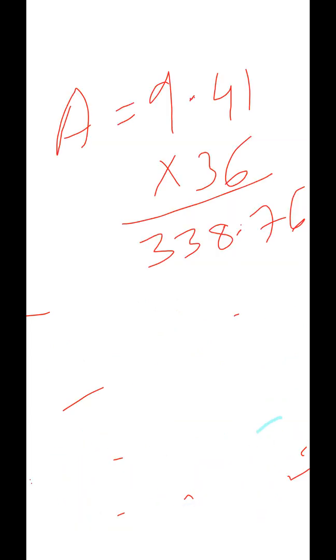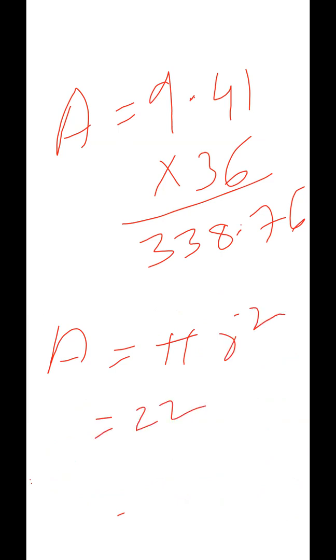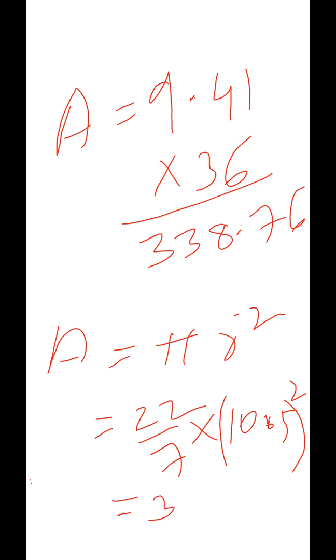Now find the area of the circle by the normal formula, that is pi r square. Area is pi r square. So pi is 22 upon 7, into radius 10.5 square. Now try to do it like this, and yes, it is coming to 346.5 centimeter square. So by doing this, you will get the answer as 346.5.